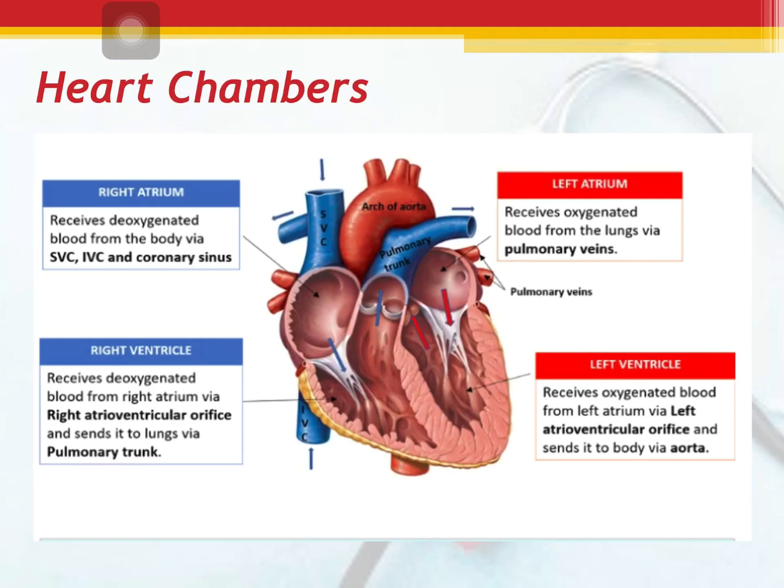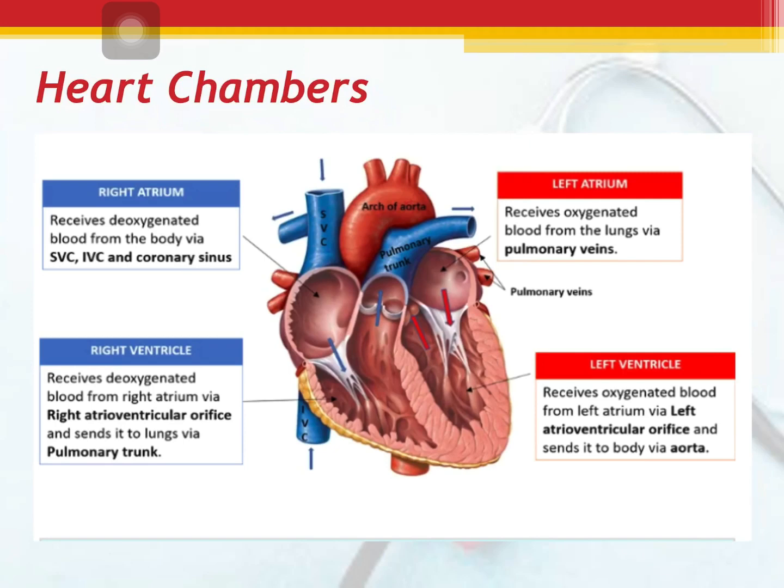The heart also consists of four chambers: the two superior atria and the two inferior ventricles. The atria are considered to be the receiving chambers, and the ventricles are said to be the discharging chambers. The right atrium receives the impure or deoxygenated blood from the body via the superior vena cava, inferior vena cava, and coronary sinus. The right ventricle receives deoxygenated blood from the right atrium via the right atrioventricular orifice and sends it to the